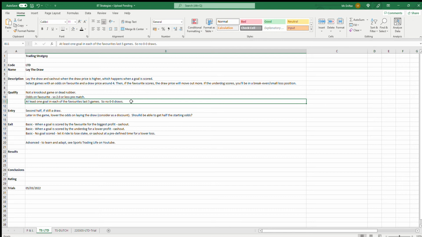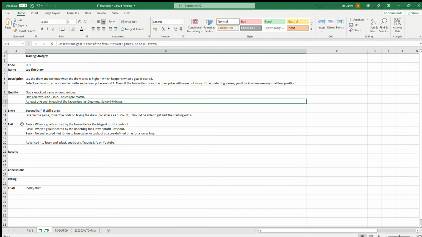You can cash out earlier at half time if there's been no shots and no chances, and we're going to get on to entry and exit strategies at some point soon. And that's what I need to tweak as well, entry and exit strategies, because based on the results I've had at the weekend, I'm going to go through what would have happened if I'd done different entry and exit strategies. I mean, one simple exit strategy on this